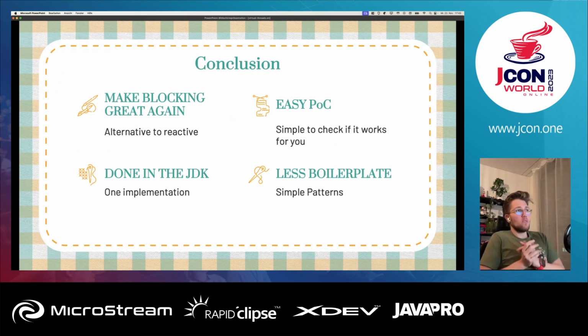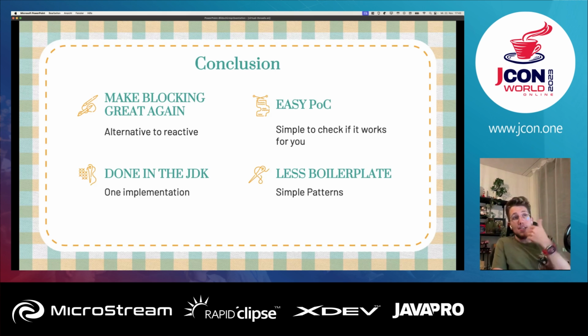So let's come to the conclusion. So basically, with Java 21, we really can make blocking great again. It's a real alternative to reactive, because you can also do a really easy proof of concept. You don't have to rewrite your whole code base into reactive. You can just switch an executor service or switch it in Spring Boot